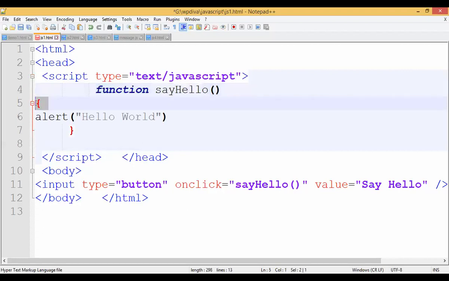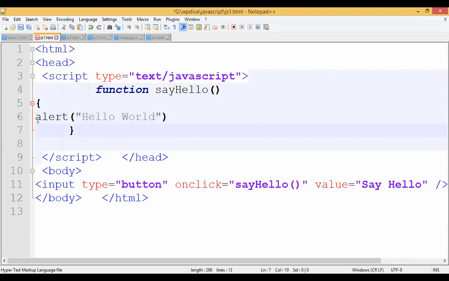Then this is my opening bracket, and I'm writing one method, which is called alert. Alert is nothing but just like a pop-up message box. You get pop-ups in your mobiles, or when you're working, save the file, exit the file, we get some pop-ups. So alert gives us a pop-up, and only one text is displayed in that. What is that? Hello world. By default, I'm going to display the text hello world. Guys, you can give a semicolon, or you can skip the semicolon, no issues.